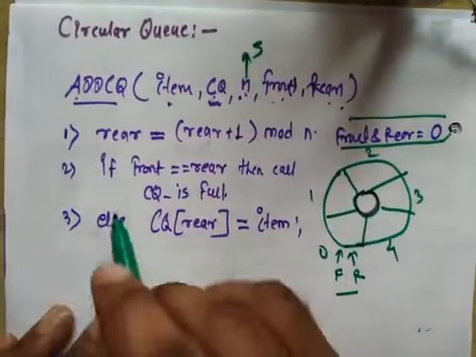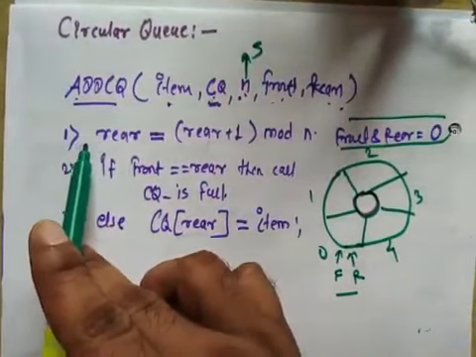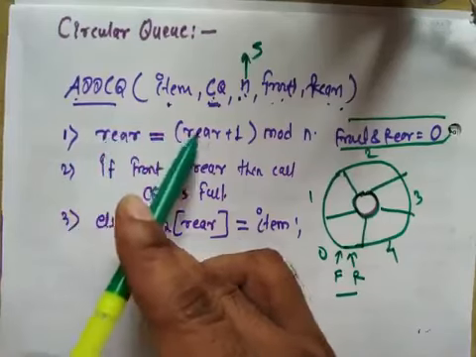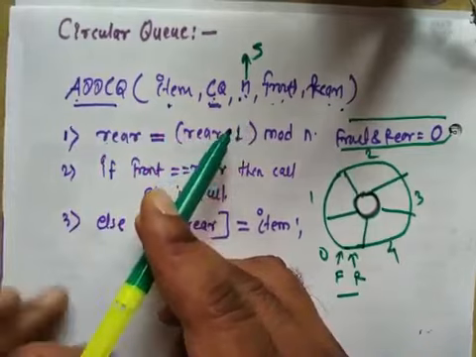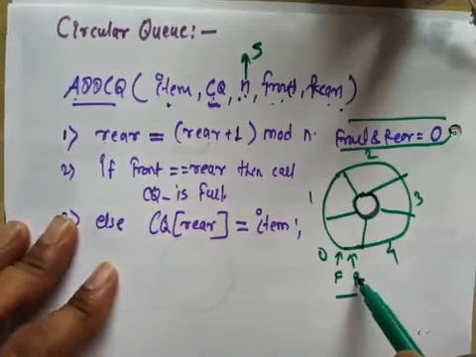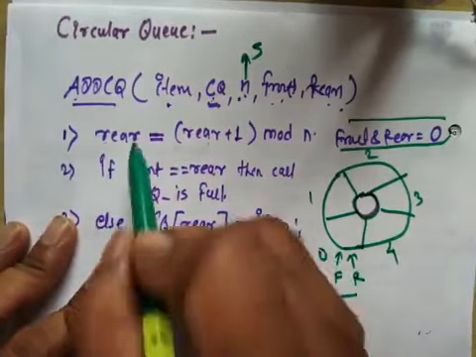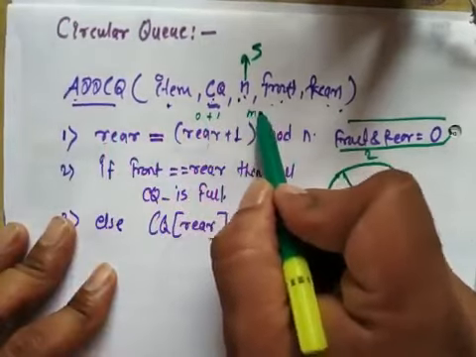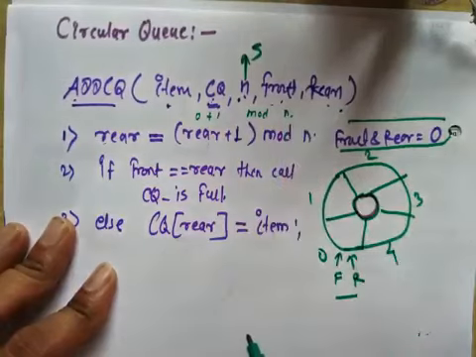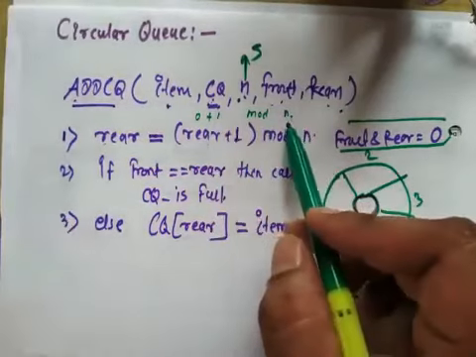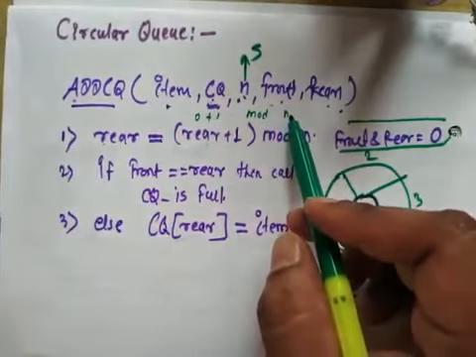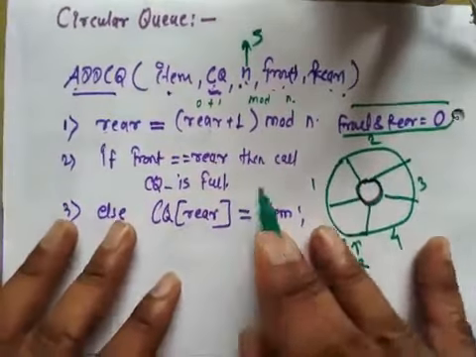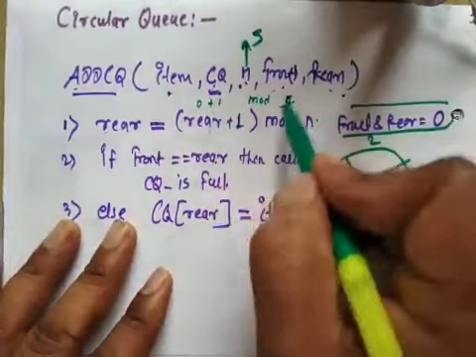Now what happens when we call it? Initially it is going to find the rear position. Okay, so now rear is equal to (rear plus 1) modulus of n. So what is the rear value now? Now rear is pointing to index location 0. So 0 plus 1 mod n. What is the n value? That is 5. Size of array is 5. So 1 mod 5.